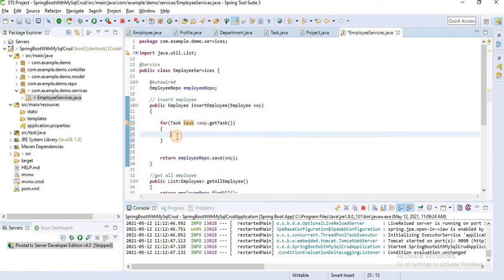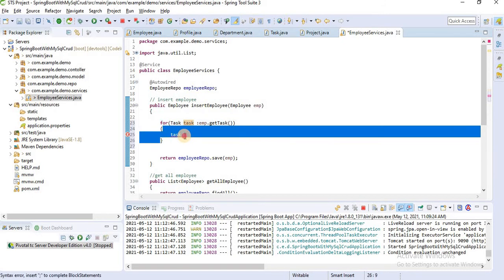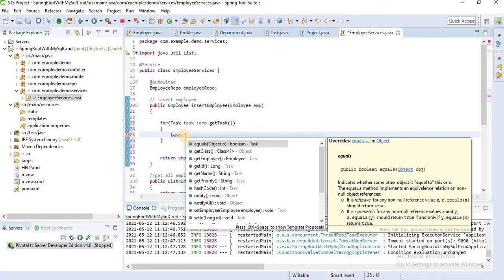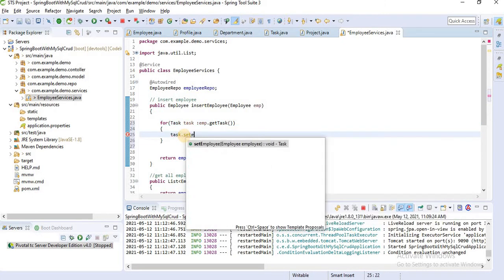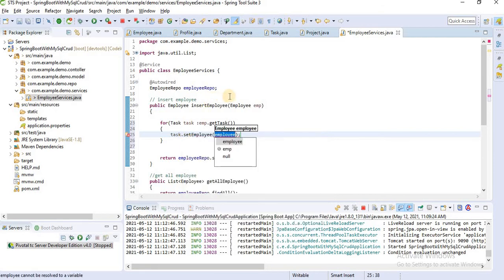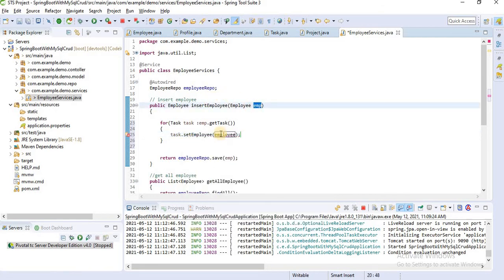And the second thing, get this task that we create here, and set inside that task setEmployee. Set simply this object emp. Once it is done, it will first iterate over how many tasks.